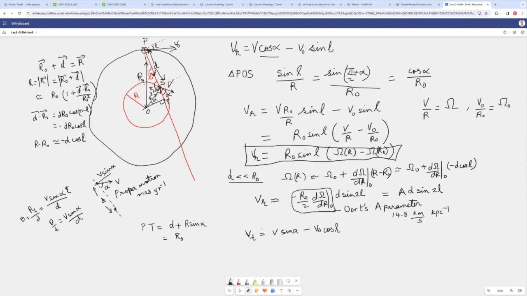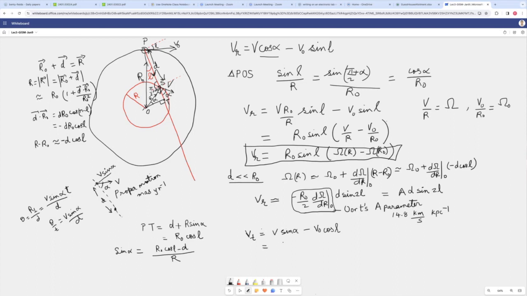So R naught, this is 90, so this angle is 90 minus L. So PT is equal to R naught sine 90 minus L, that is R naught cos L. Okay, so PT is equal to both of these, so we can write sine alpha in terms of D and L. So sine alpha is equal to R naught cos L minus D by R,